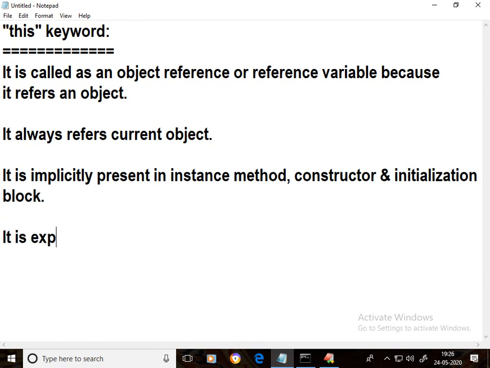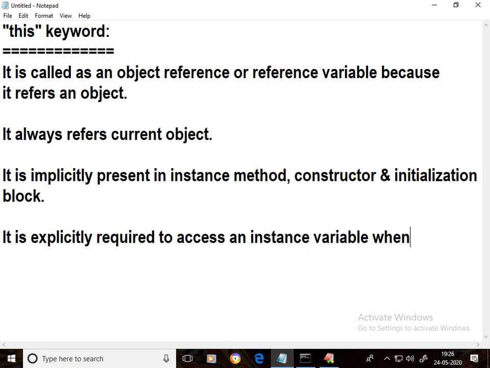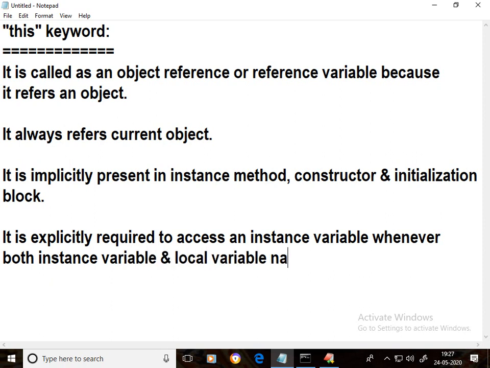It is explicitly required to access an instance variable whenever both instance variable and local variable names are same. These all points I'll explain in a program.